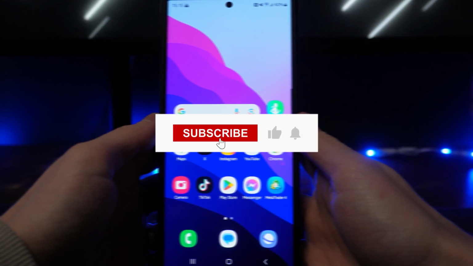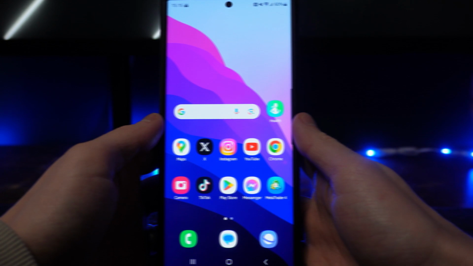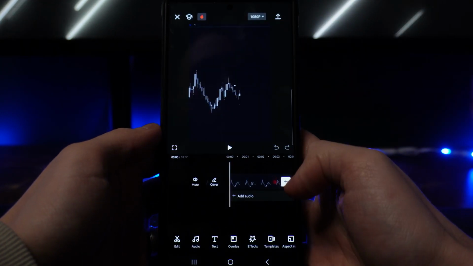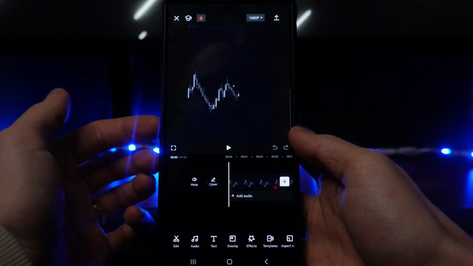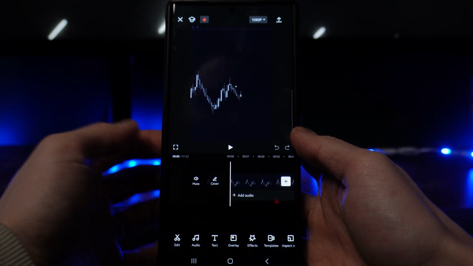In this video I will show you step by step how you can add auto captions to your videos inside CapCut. So first of all, let's head over to our CapCut app. And then once we do this, you want to import and add the video that you want to add auto captions to. So as you can see right here, I've got my video, and what we want to do now